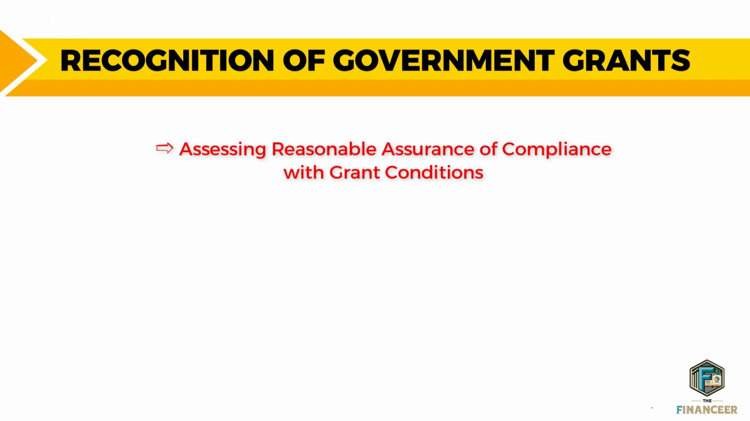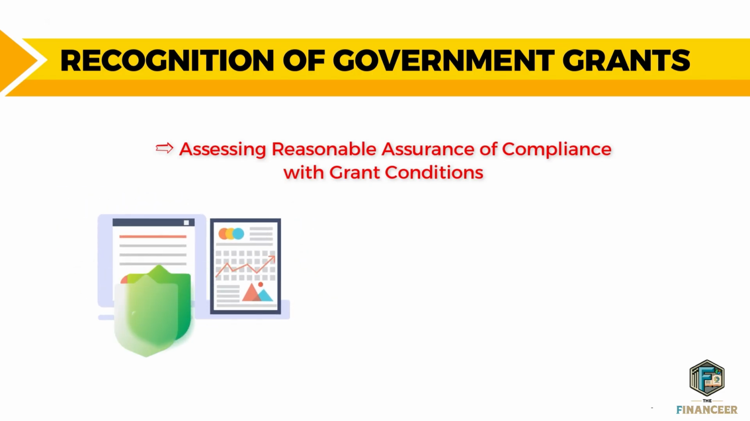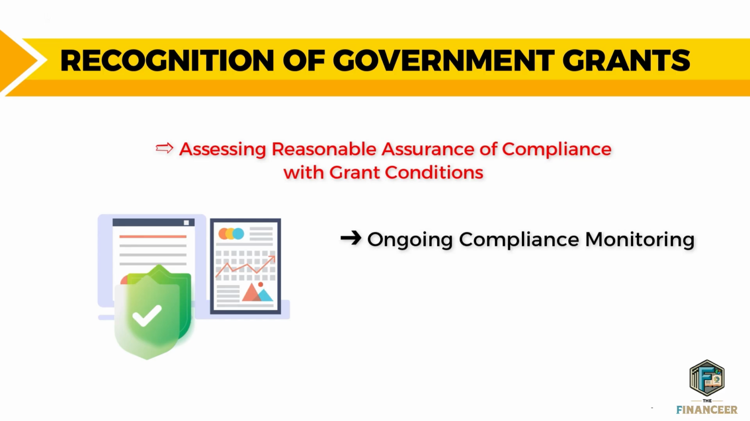In addition to meeting the eligibility criteria, entities are required to assess and provide reasonable assurance that they will comply with the conditions attached to the government grant. Now, let's explore this further. Ongoing compliance monitoring means that entities should establish systems to monitor the ongoing compliance with the grant conditions throughout the